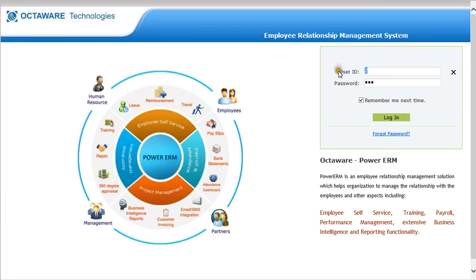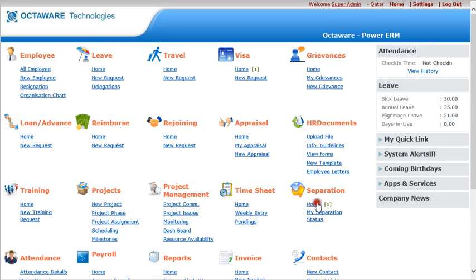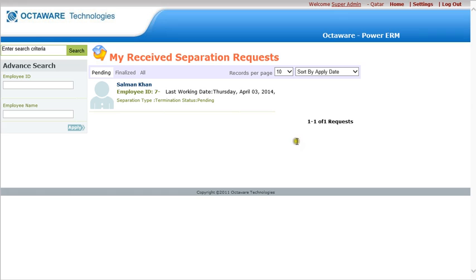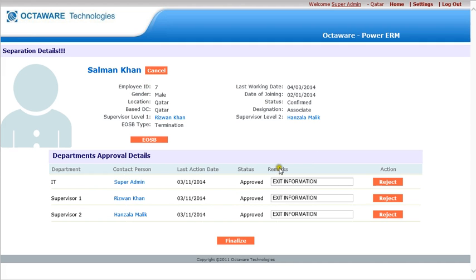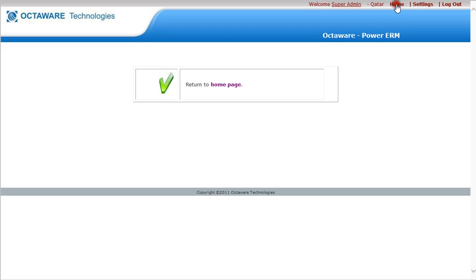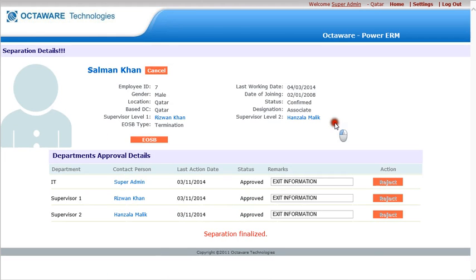Again I'm going to log in with admin. So I will finalize this separation. So this separation has now been finalized. Now we will go to the end of service benefit page, where the service benefit will be provided to these